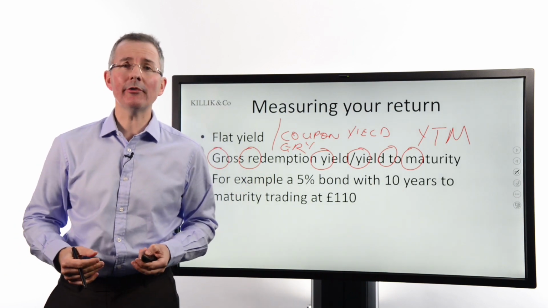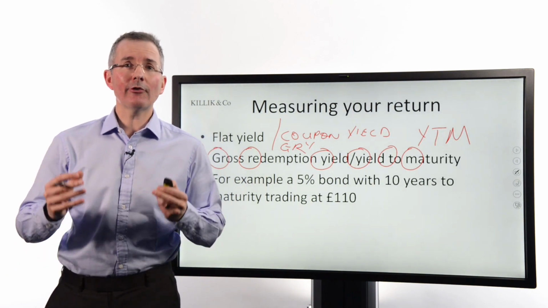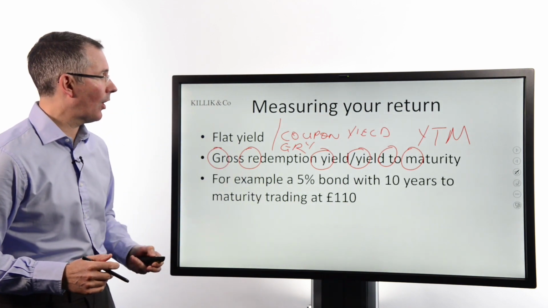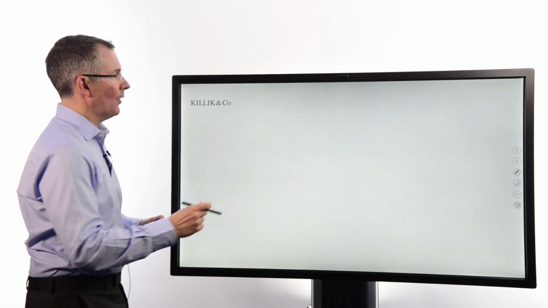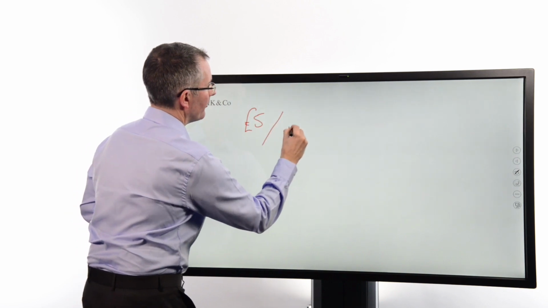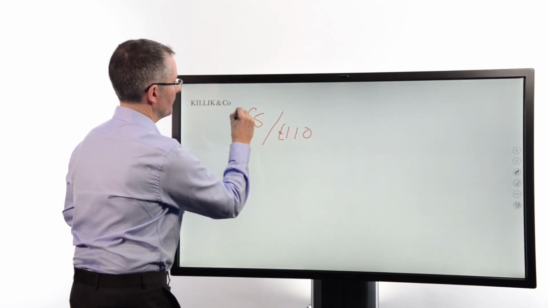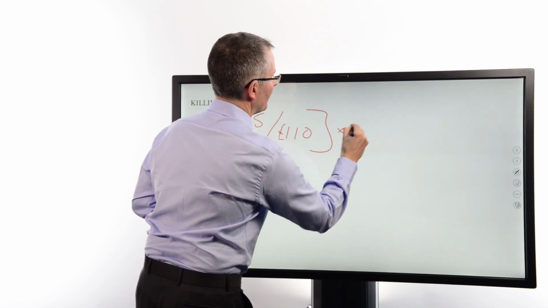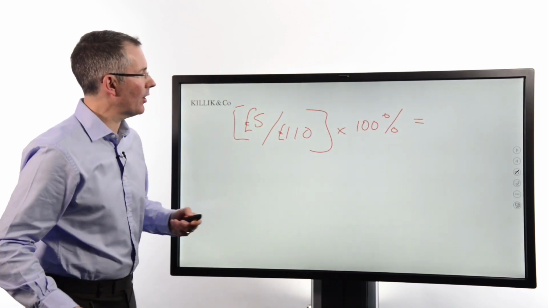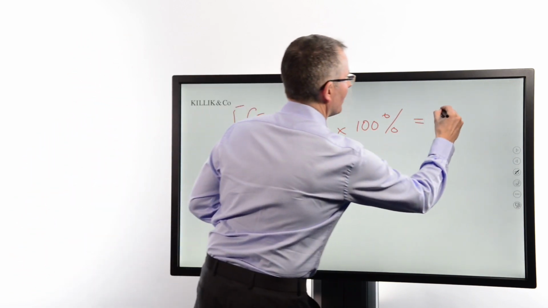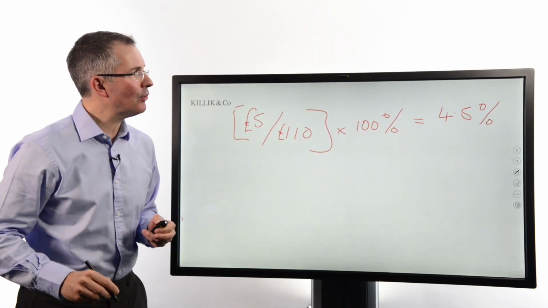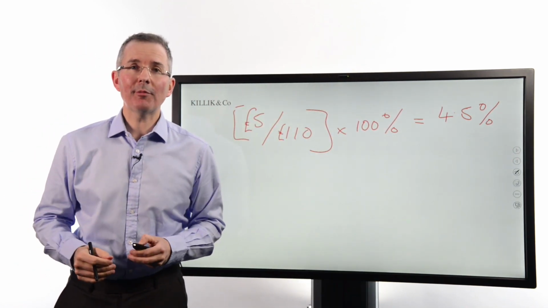Now, you'll probably never do this. It's just an illustration, so that you can understand the published number when you see it. So here we go. The flat yield on this thing is what? Well, the coupon annually is £5. The current price is £110. As a percentage, now I'm doing this quickly because you'll probably never need to do it yourself, it's done for you, but 5 over 110 as a percentage is about 4.5%. If you're buying this bond purely for income, the annual return you can expect is 4.5%.